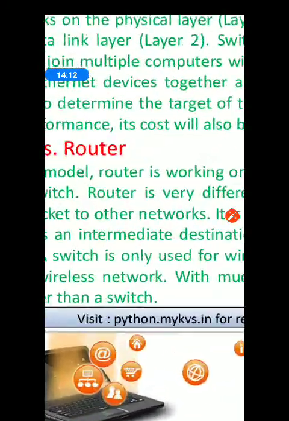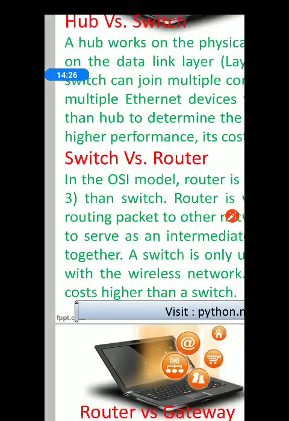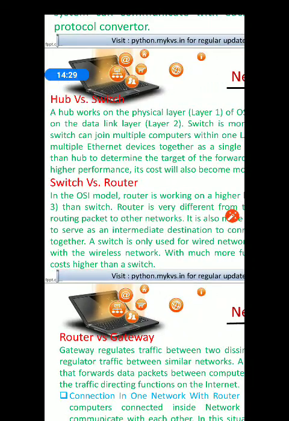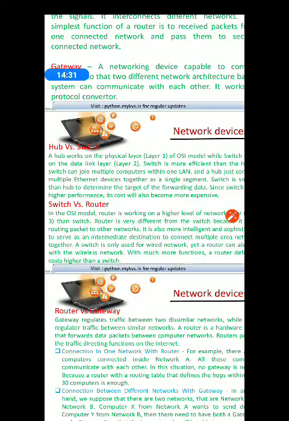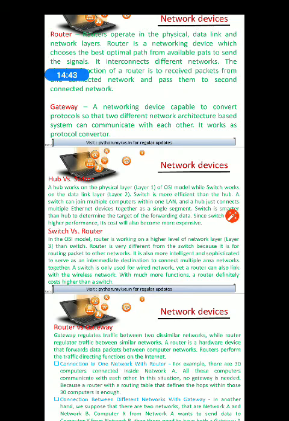Please note down switch versus router. A router works in the network layer, whereas a switch works in the data link layer. A router works in layer 3, whereas a switch works in layer 2.